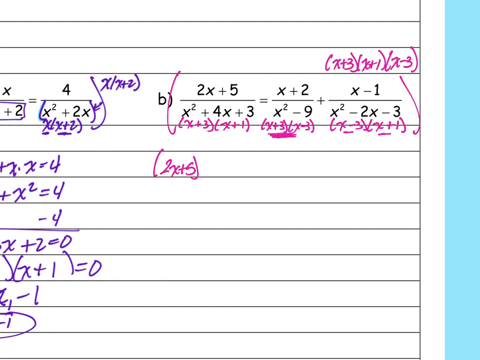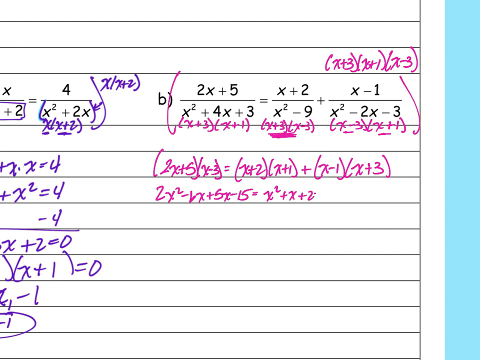So 2x plus 5 times x minus 3, because that's what's not in the denominator. And then I get x plus 2 times what's not in the denominator, which is x plus 1, plus x minus 1 times what's not in the denominator, which is x plus 3. Then I distribute everything out. So I've got 2x squared minus 6x plus 5x minus 15